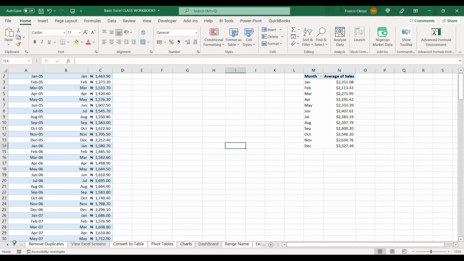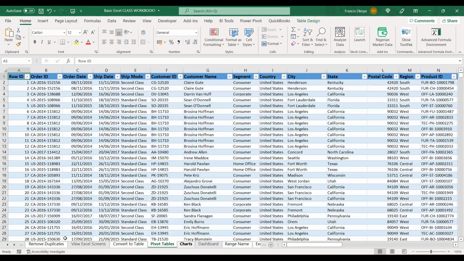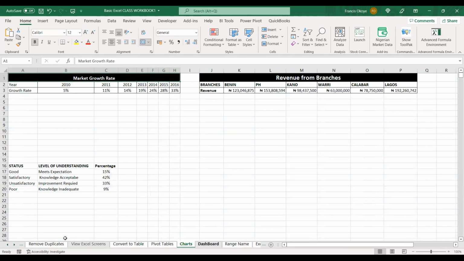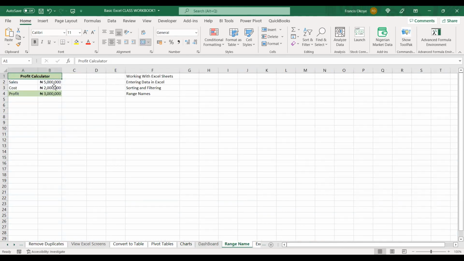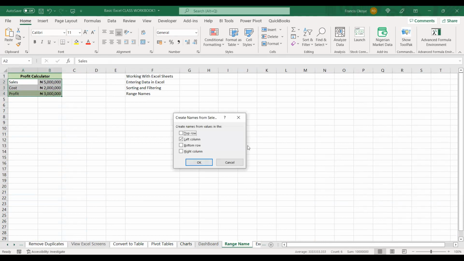Yes. So these other ones now, I'm sure by now we know how to build charts. We know how to do a dashboard, right? Range name. So this range name is one I explained just now. Control Shift F3.